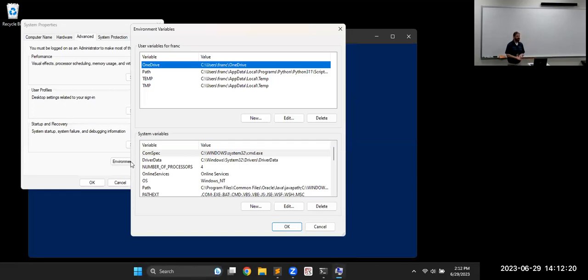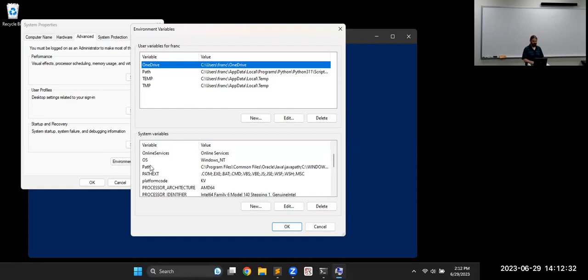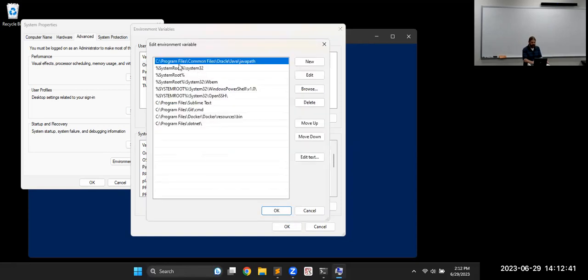These are basically the variables that we store within a command prompt or PowerShell. A very important one is path. You'll see it in the window at top for the user, or the window at the bottom for the system. It looks at the system first, and then looks at the specific user ones afterwards. And if I open that up, you'll notice that it's a bunch of file directories. So the environment variables are saying, look in this folder. Just saying which folder to look in to find that thing. So if I wanted to add Zoom,